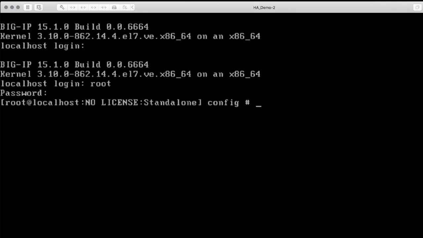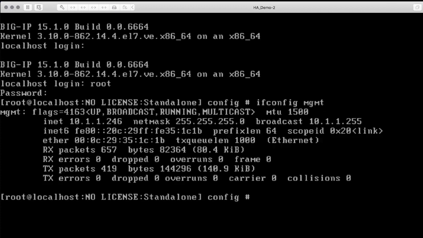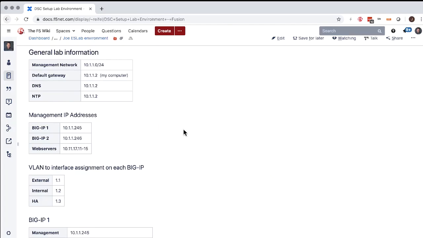Now, I did do one cheat on this when I brought up the device. It does have a management IP address that is static. It's hard-coded, so just want to point that out. But basically, it has been brought up, has a management IP, and the login credentials have been created. So minimum stuff that you're going to need in order to